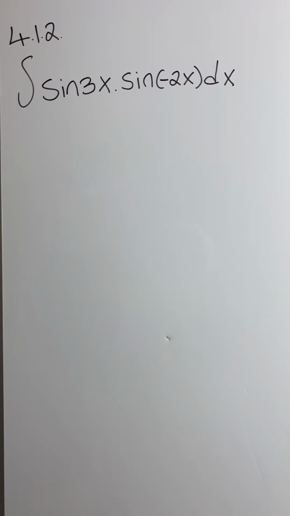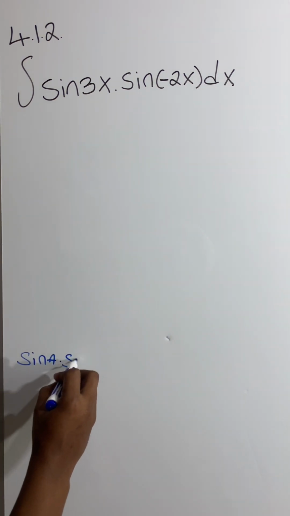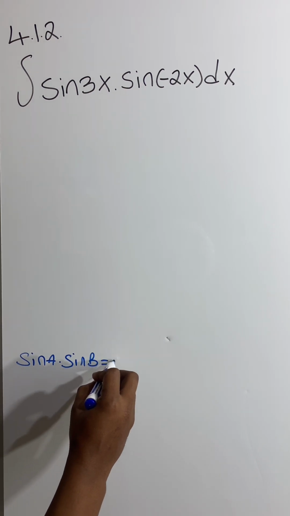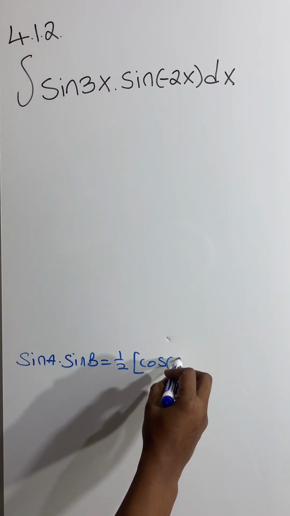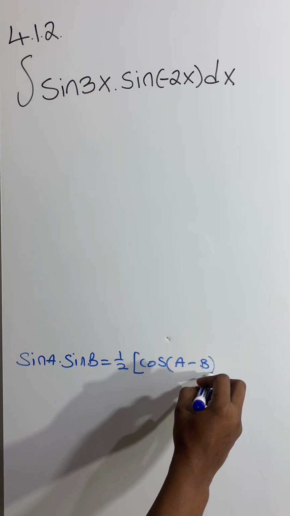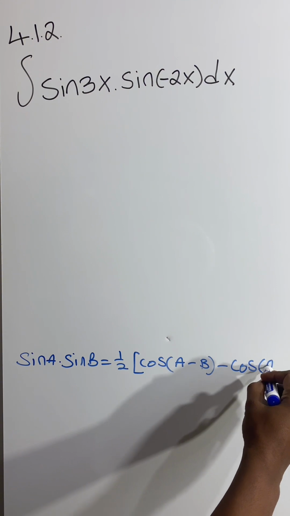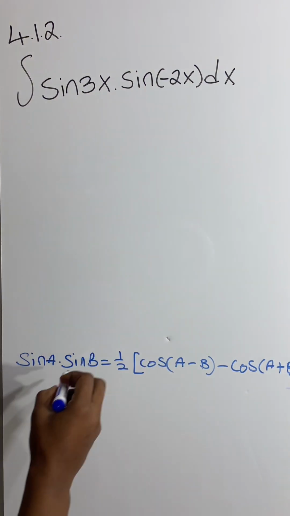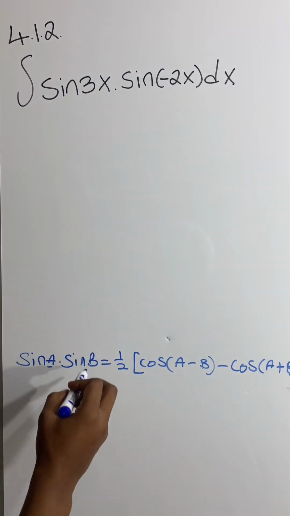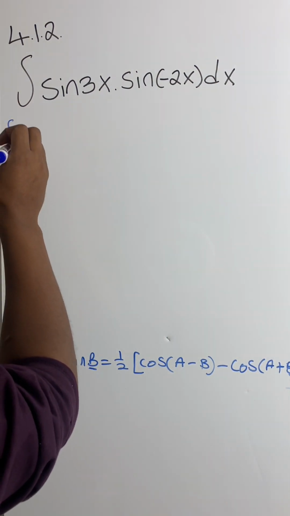Question 4.1.2, we have to determine the integral of sin 3x multiplied by sin of negative 2x dx. On our formula sheet, we have the following formula: sin a multiplied by sin b is equal to 1 over 2 cos of a minus b minus cos of a plus b. In this case, our a is 3x and our b is negative 2x. So our integral